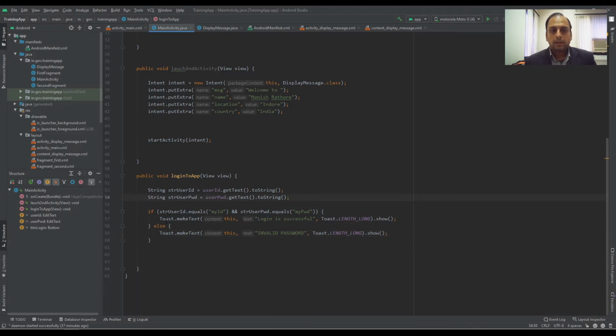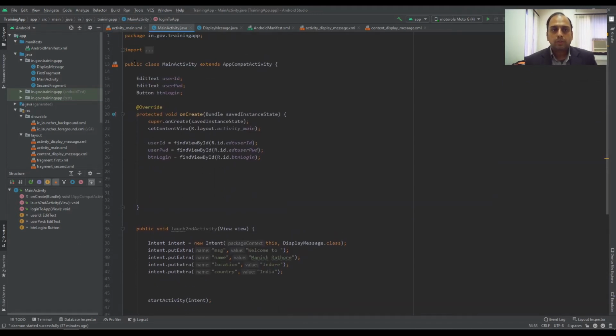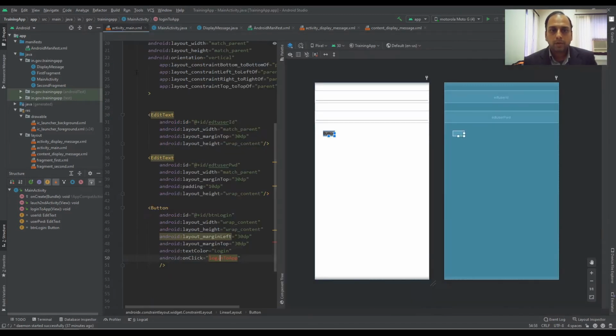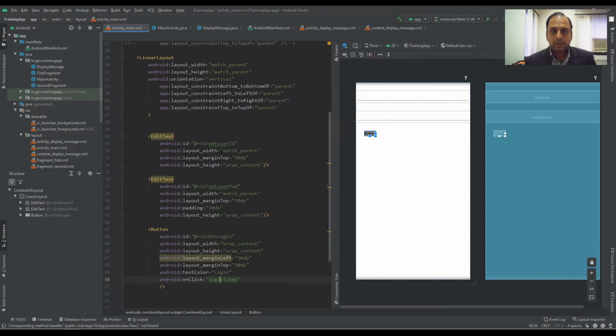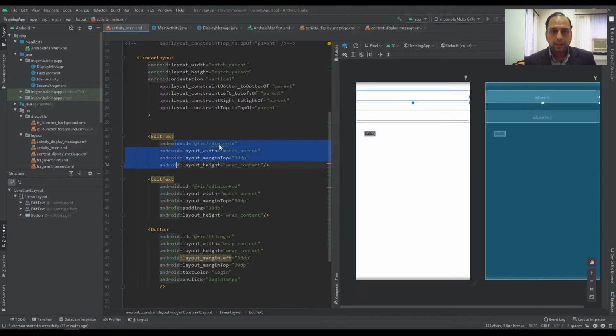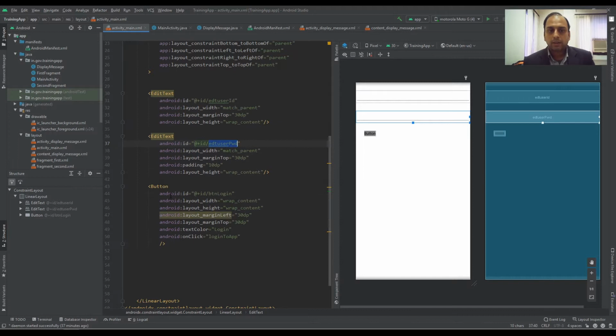Okay, so let us see the flow of the program. In this we have three elements, three objects. First is the EditText with the ID edit user ID, another EditText with the ID edit user password, and third one is a button, where btnLogin is the ID of the button.